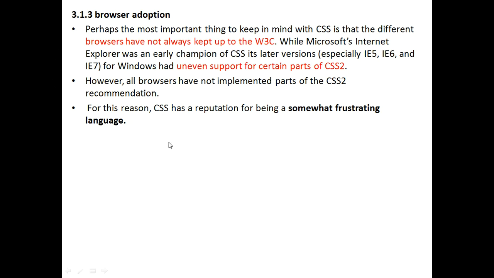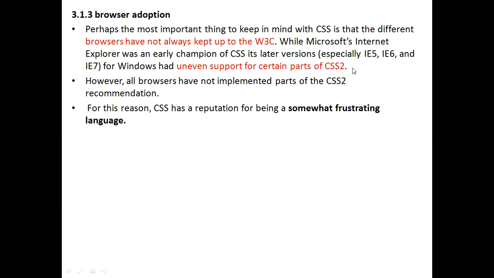Whatever CSS you develop should adapt to the different types of browsers. Perhaps the most important thing to keep in mind with CSS is that different browsers have not always kept up with the W3C. Means that whatever CSS specification the W3C has given, not all browsers accommodate or adapt to it.